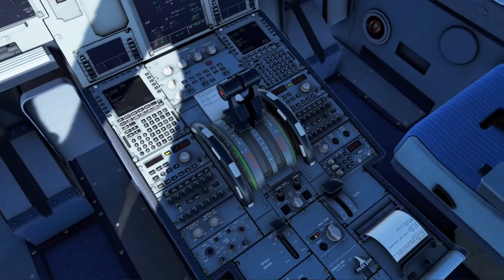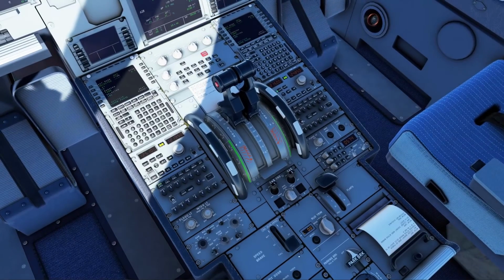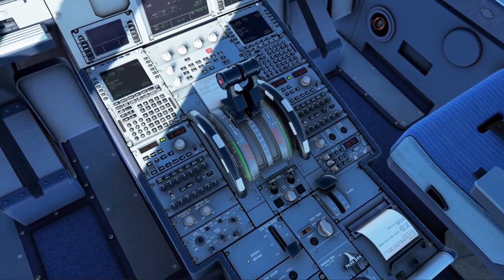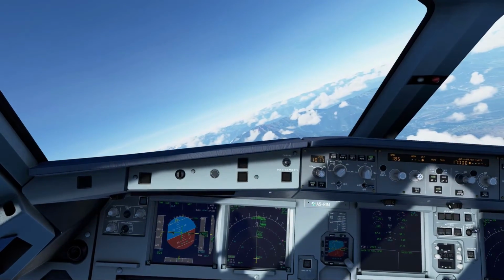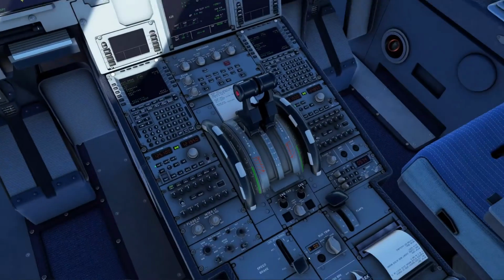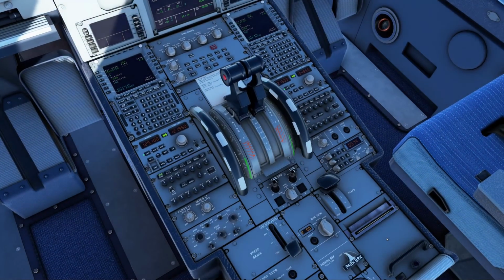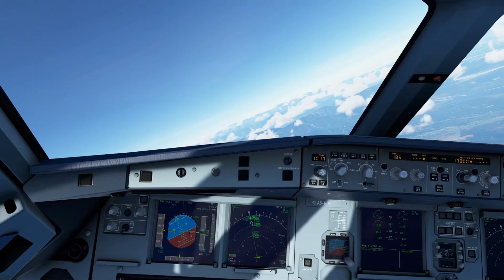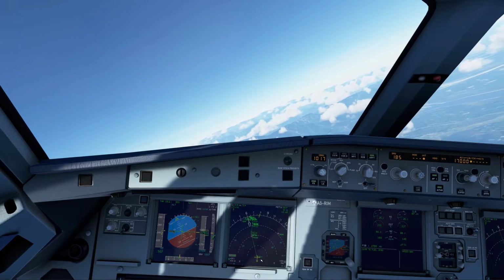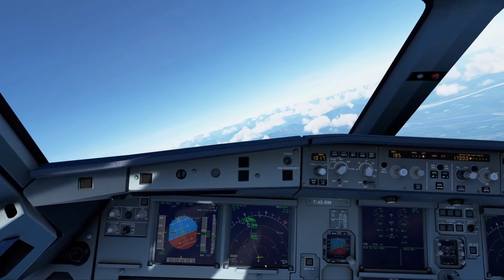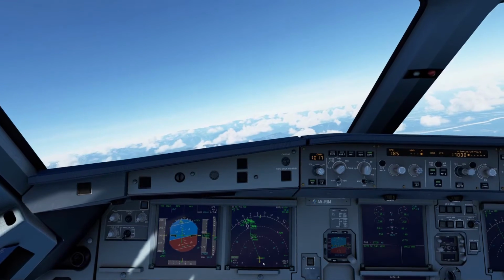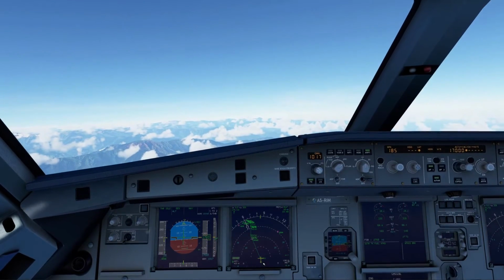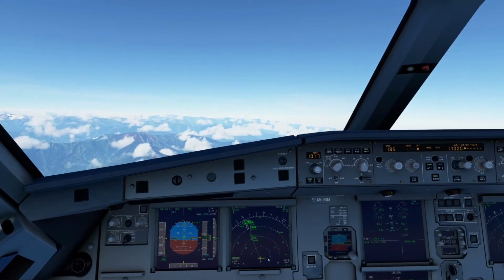Okay, so what we can do at this stage, to assist it to slow down, we'll put a bit of speed brake. Right, do you notice what it's done? We were flying straight and now it's lost this part of the flight plan. So now it's going to turn itself back onto our flight plan.